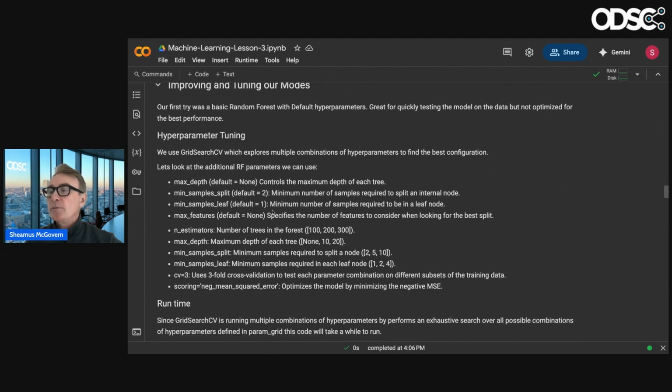So here's a way of improving and tuning your model. Notice in this lesson today we're not giving exercises. Well, there are some, but for the most part, what I want you to be doing is playing around with this hyperparameter tuning. There are methods in scikit-learn that will do this automatically for you and come out with the best version. But you're better off, because you're new, trying it yourself. Try the depth of the tree, max depth, number of samples, splits, cross validations, max number of features. Try more features, fewer features.